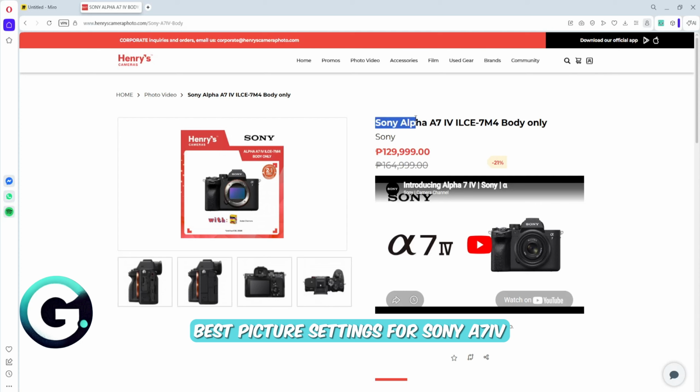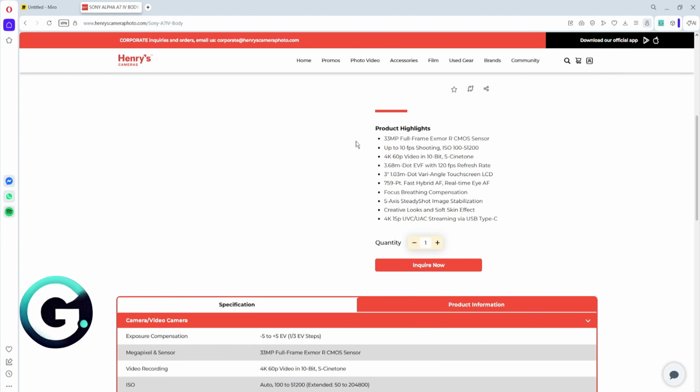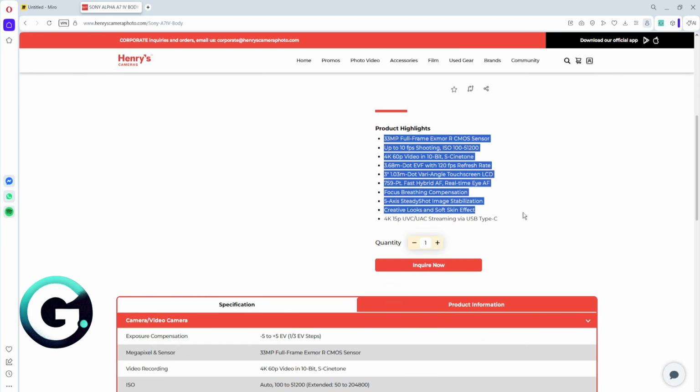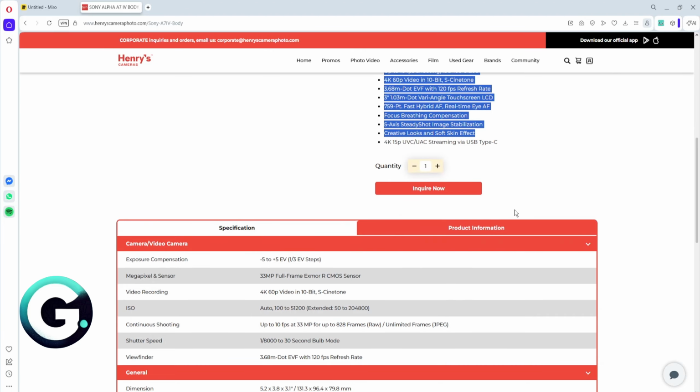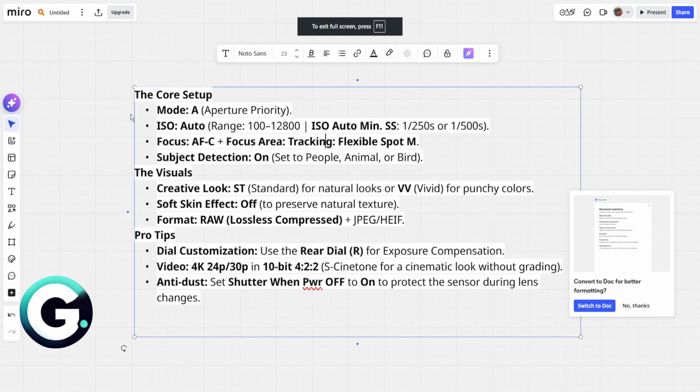In today's video, let's talk about the best picture settings for our Sony a7iv camera. So of course, you can adjust the camera according to your environment, but generally you want to apply the following setting right here. Now for the first one, you want to set your mode to A, which is the aperture